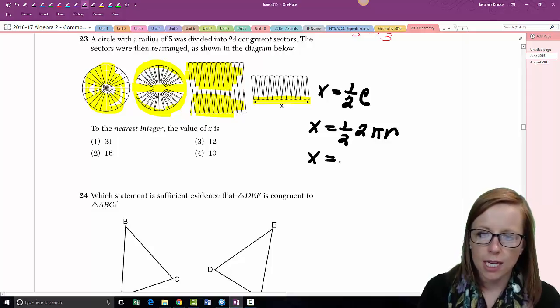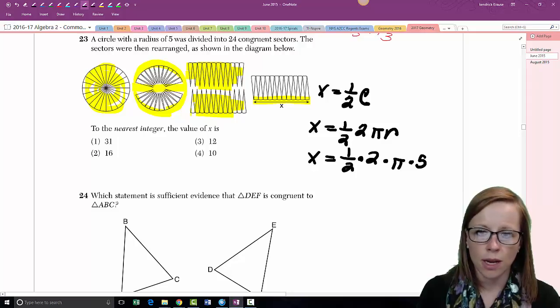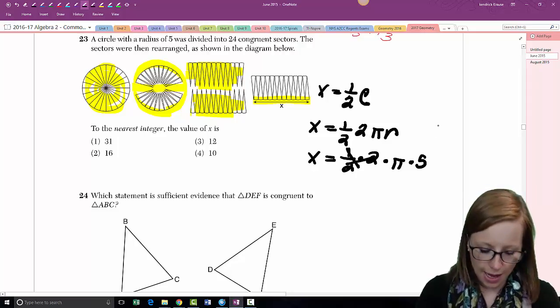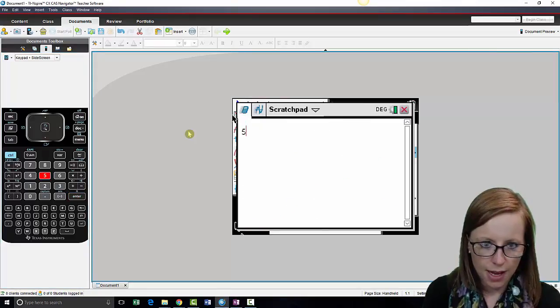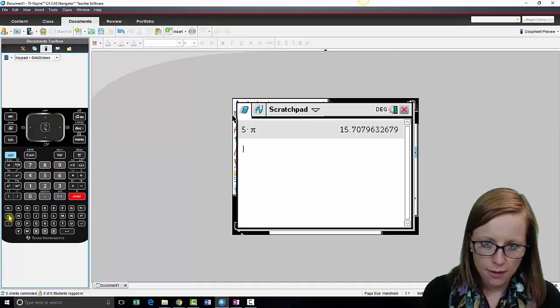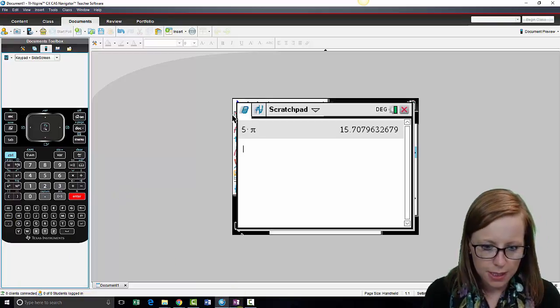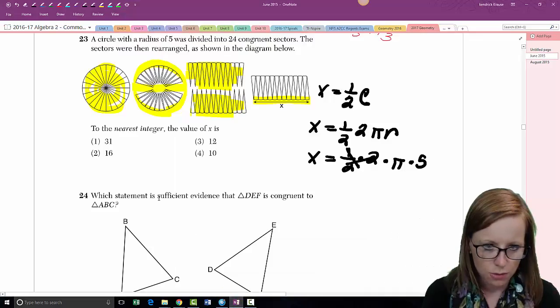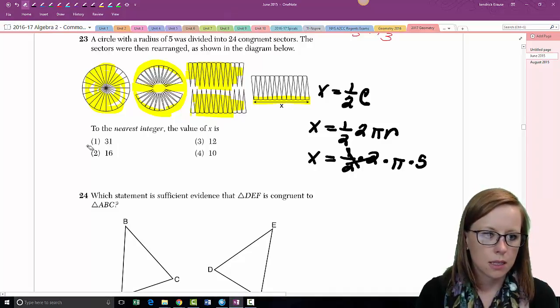They told me that the radius was 5. Half times 2 times pi, they told me that the radius was 5. I hope you know that 1/2 times 2 is 1. So 5 pi, let's figure out what that is. 5, and then the pi symbol is down here in this little menu. 15.707. So 15.707 is closest to 16. So it's got to be choice